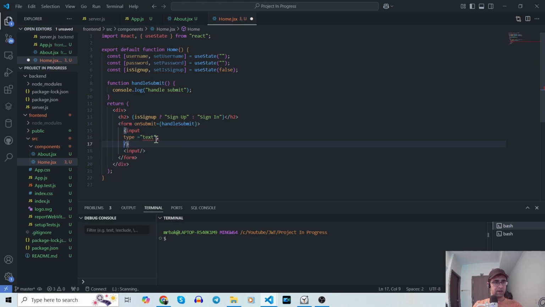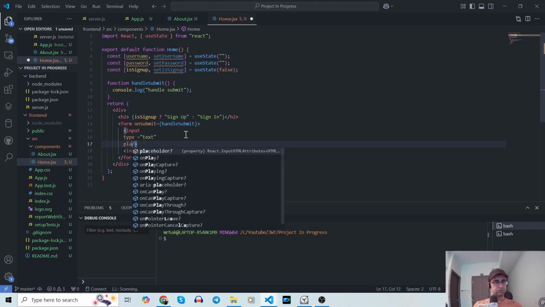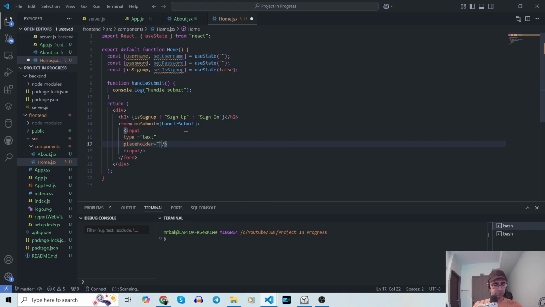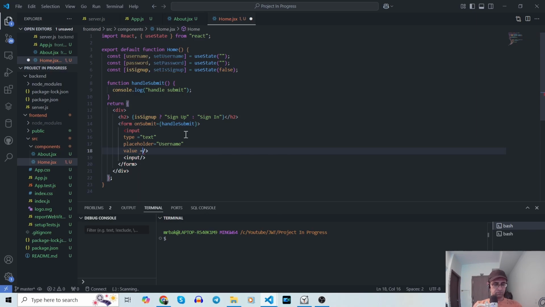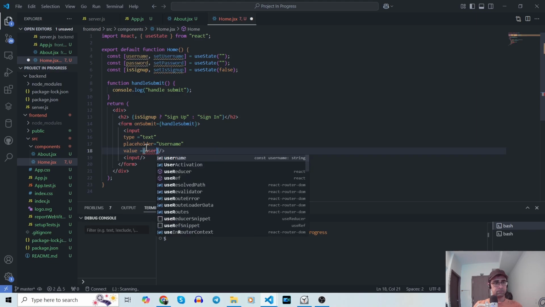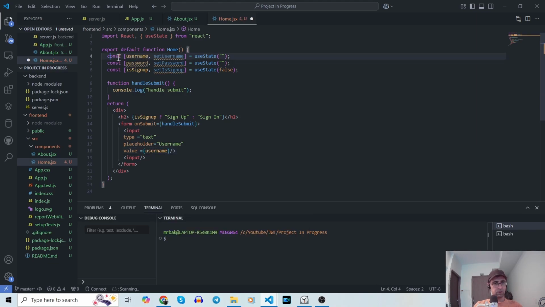It also needs to have a placeholder. The placeholder should read username. And it needs to have access to a certain value. This value would come from the value of the user states hook. So it's going to have username, the one coming from here,